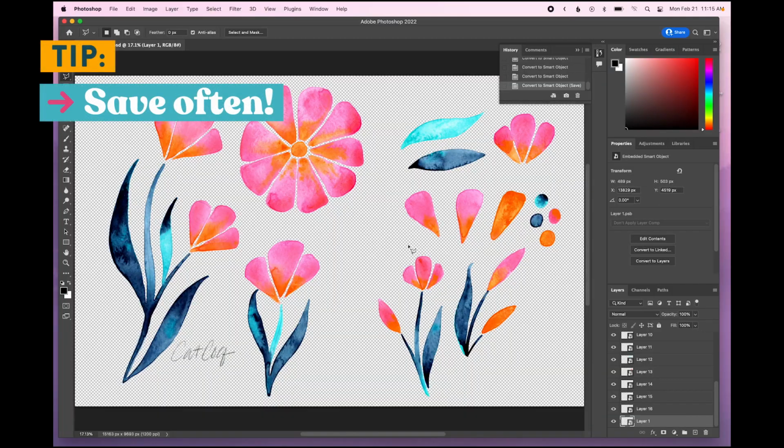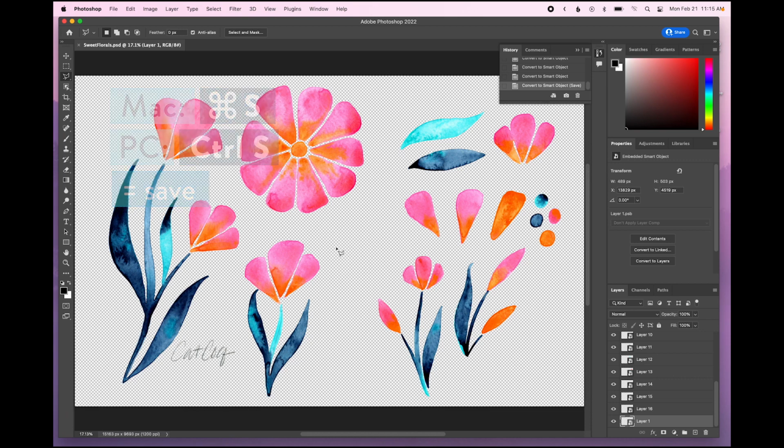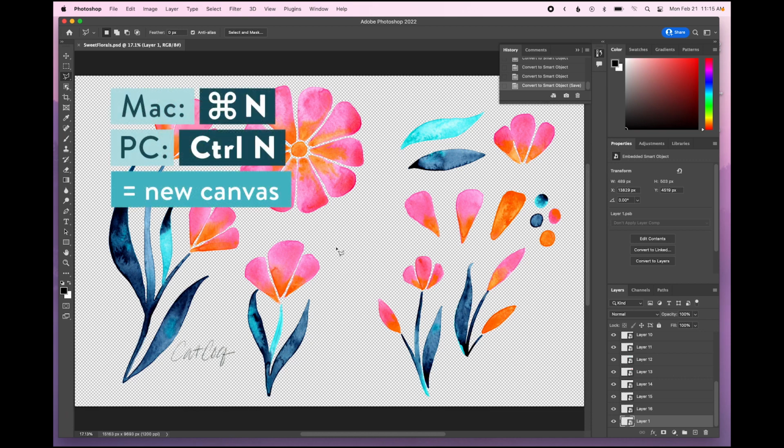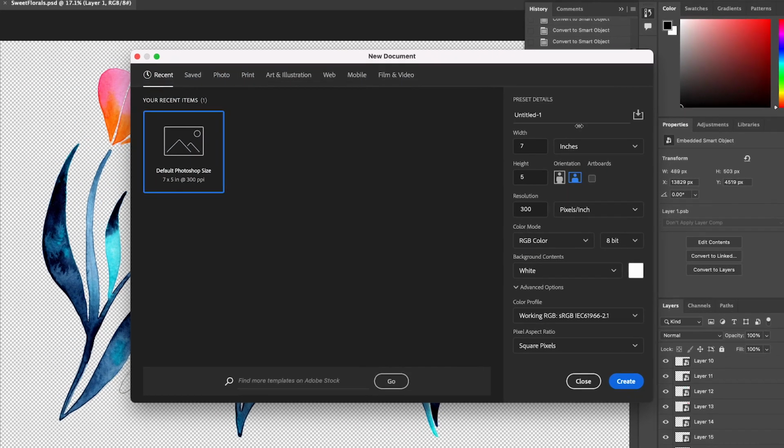So quick reminder to go ahead and save your progress. So Command S, and now we want to start a new canvas. So Command N on your keyboard will open up a new document, and I want to go over here to where it says inches and change it to pixels